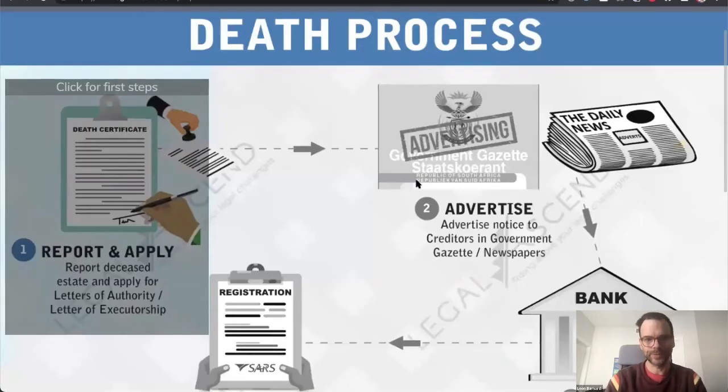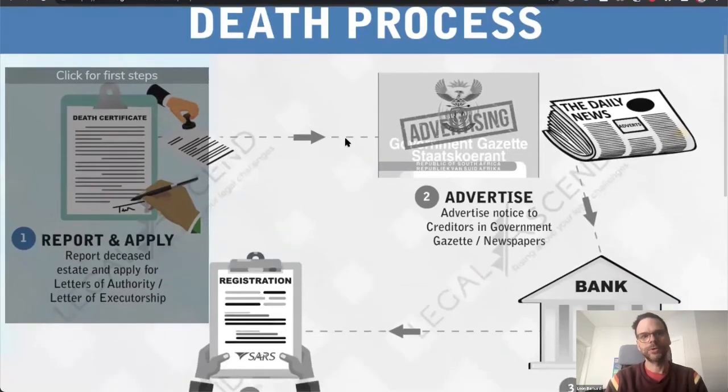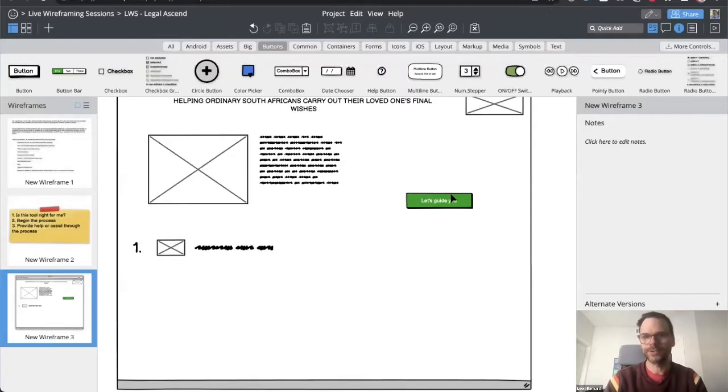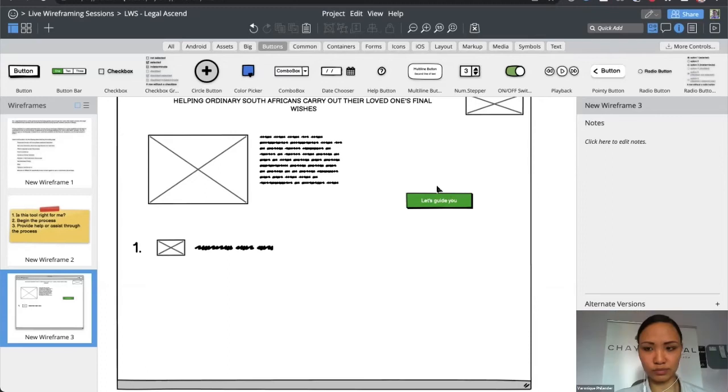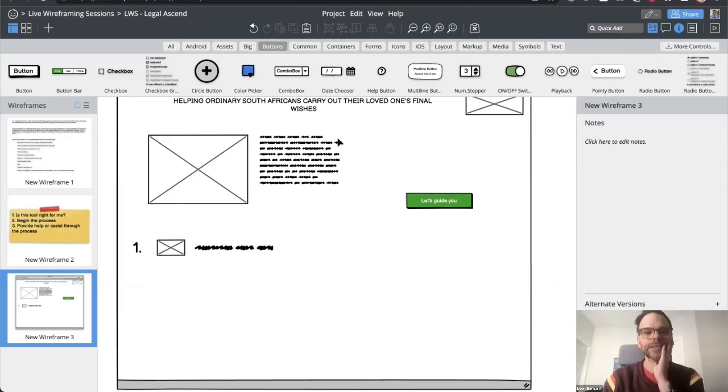So instead of just showing them the process, show how you help them in each stage, or maybe what information they need. So instead of just telling them what the process is, getting them to sign up to the site is getting them to say, oh, this looks like an easy way to go through this process. So is there a way that you can communicate that not only we allow you to go through this process, but we make it easy, we guide you?